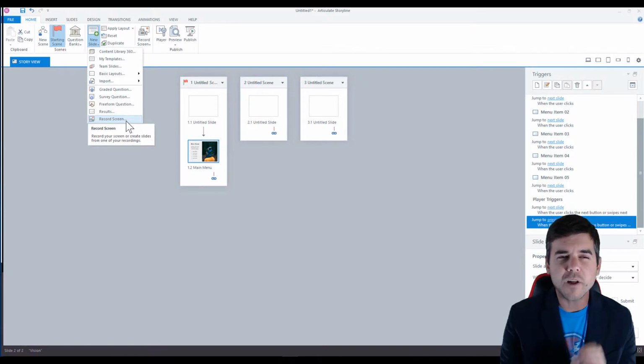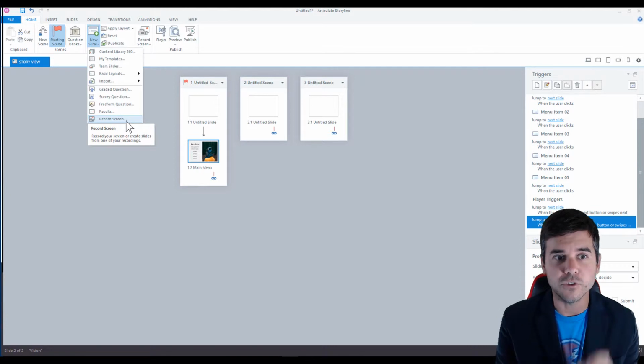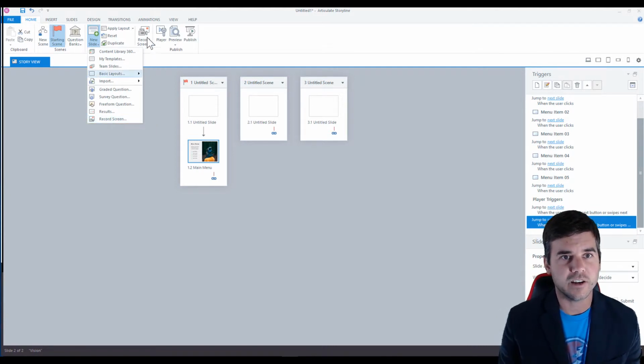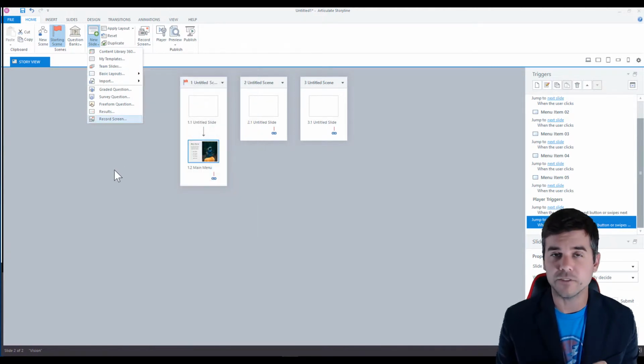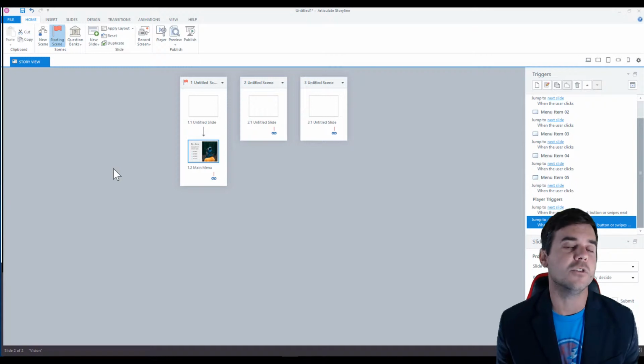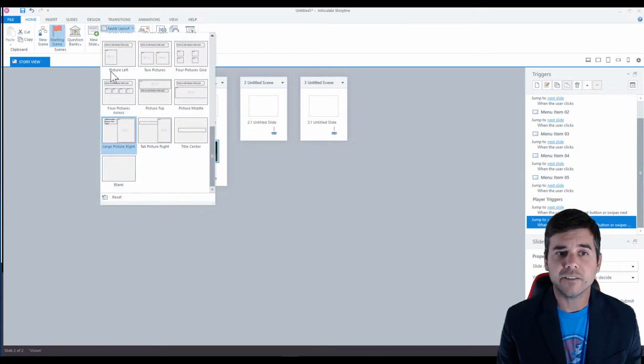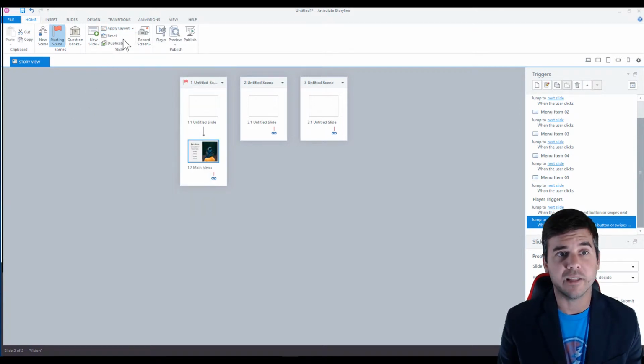to record screen. So one thing you're going to notice, just like other pieces of software, there are like 20 ways to do something in Articulate. So like I see record screen here, record screen over here. There's a bunch of ways to record screen. So in fact, when you start up Articulate, it asks you if you want a new project or record screen or open something. Okay, then I can apply layouts to all my slides if I would like to, and